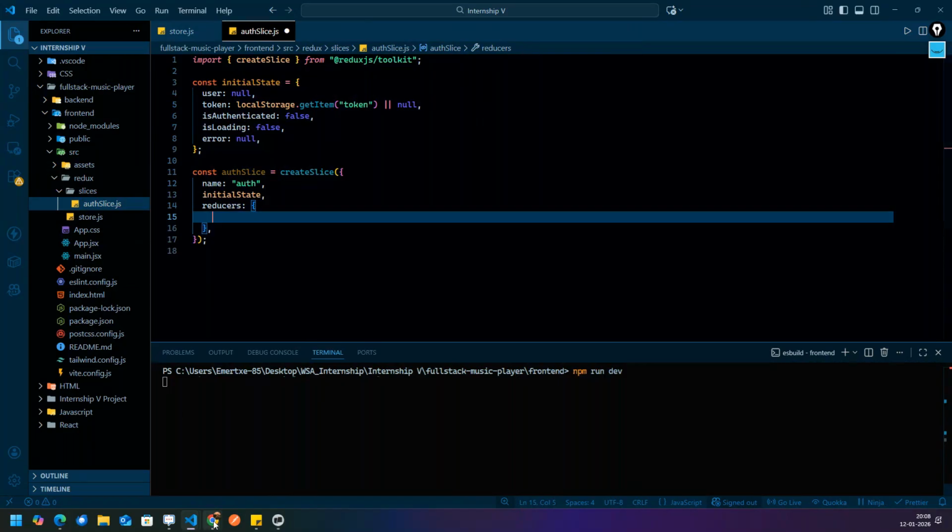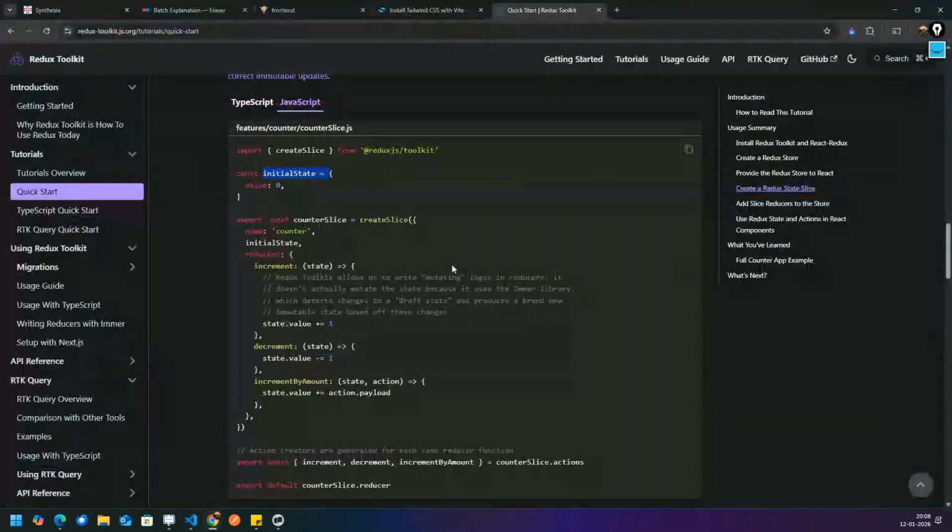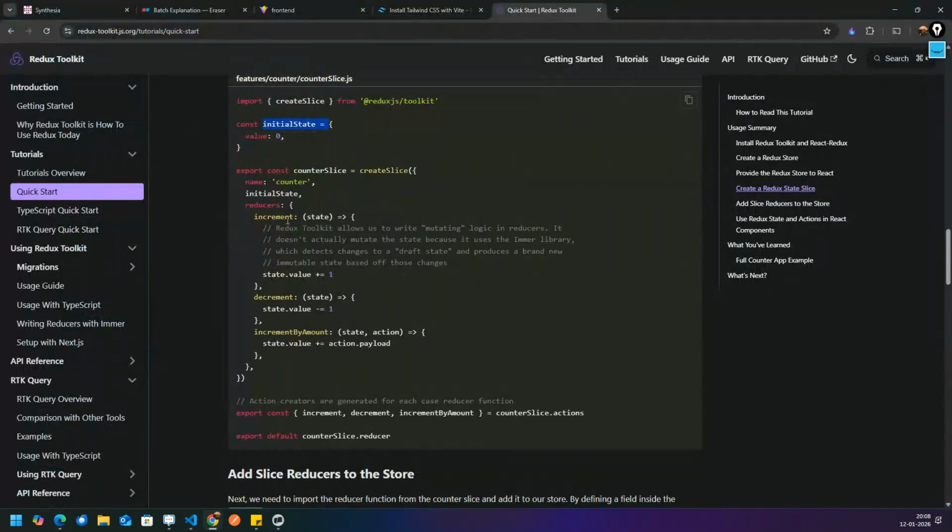So over here you see these reducers, these functionalities we are writing now: increment, decrement, increment by amount. They have two parameters, state and action. State contains your initial data, and action is what action you are taking. Suppose you are increasing by an amount, that is an action.